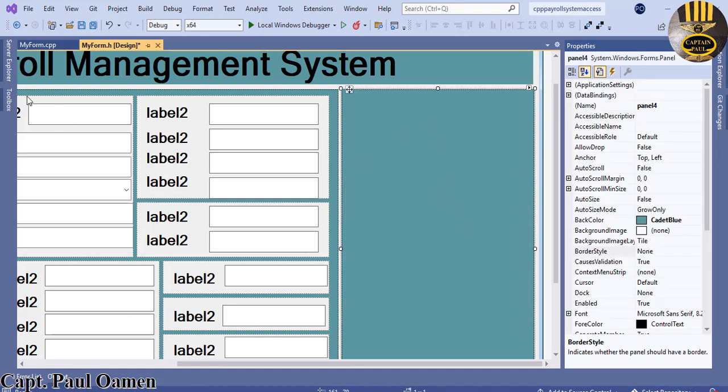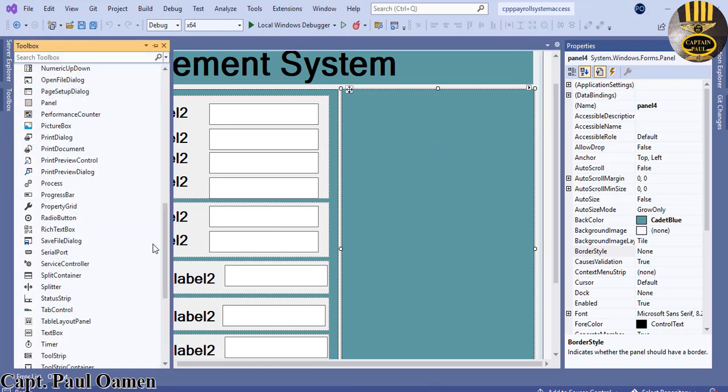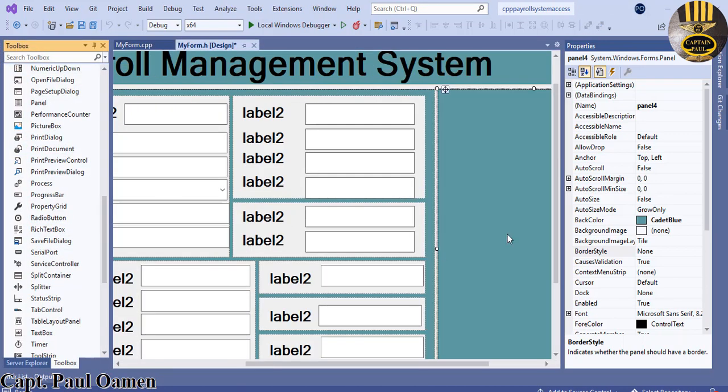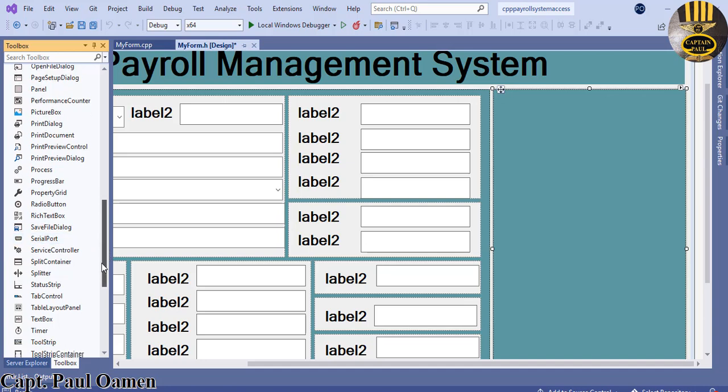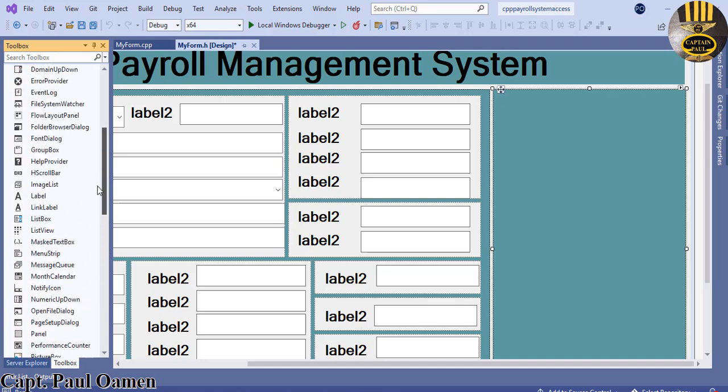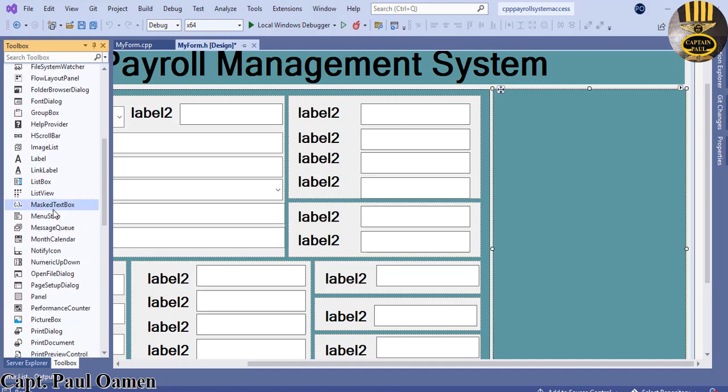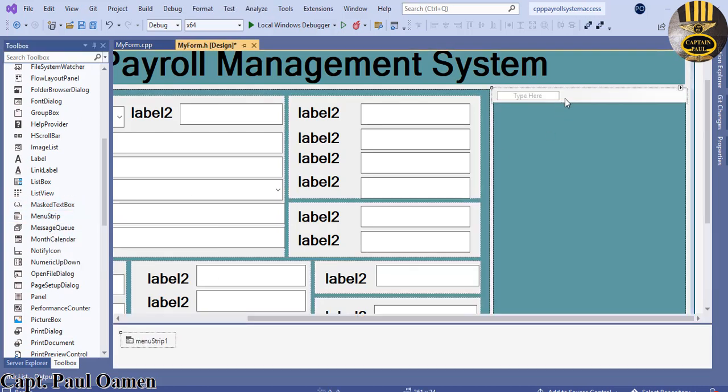Do this first. Let's go back to the toolbox. Inside the toolbox, let's pin that down. We need 2 components inside this very panel. The first one I'm going to need is the menu. Let's go up here for menu script. There we go. That's our menu script. In there you can just enter